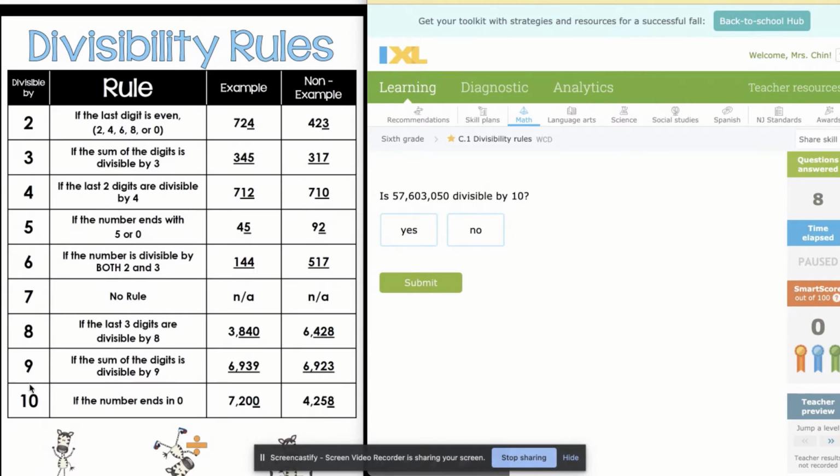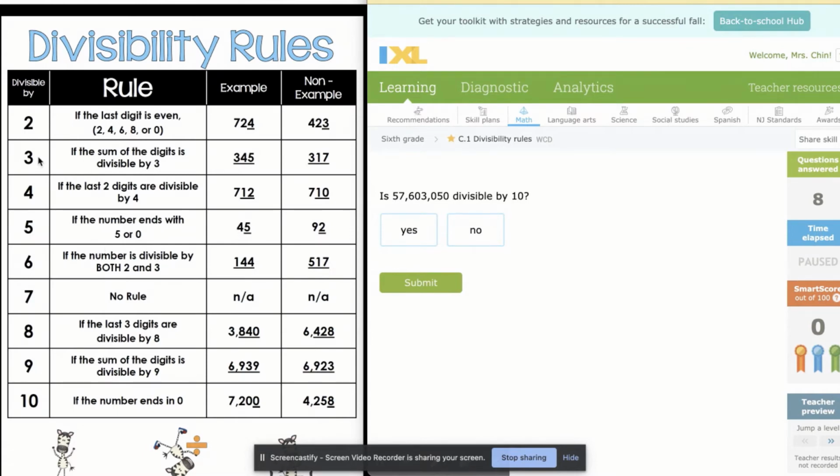And the last one you probably already know is the divisibility rule for 10. As long as the number ends in 0, then it's divisible by 10. So 7,200 ends in a 0, that is divisible by 10, whereas 4,258 ends in an 8, which is not a 0, therefore it's not divisible by 10. So those are the most common ones, 2, 5, and 10,